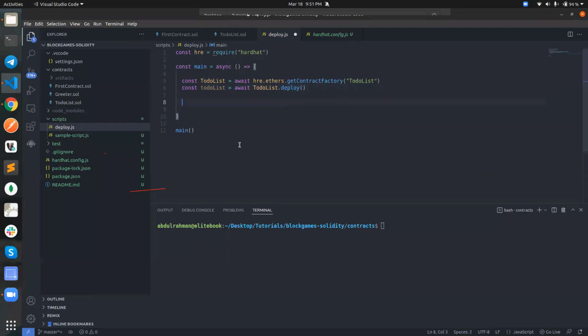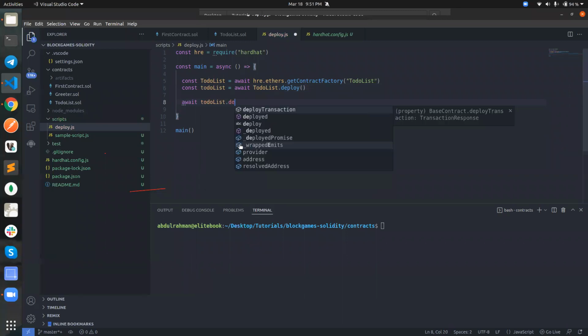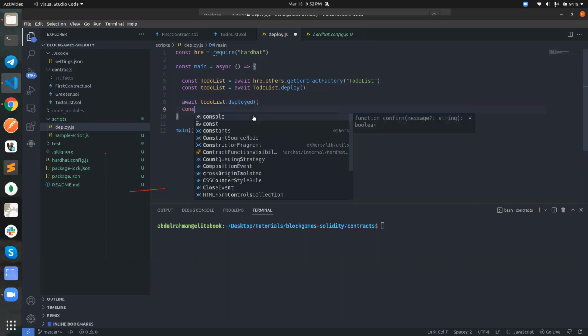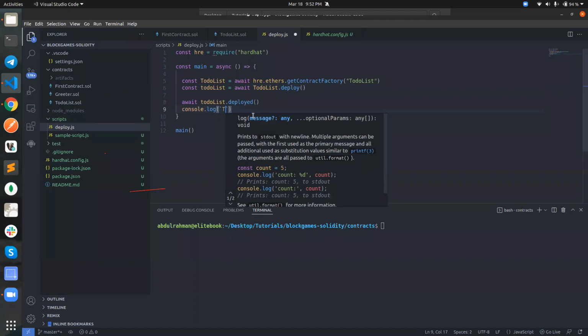Then we say await to-do list dot deployed. Basically we are just ensuring that the smart contract has been deployed. Then we can console log the contract address,